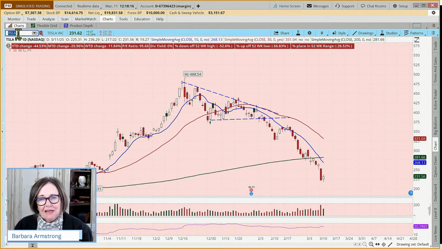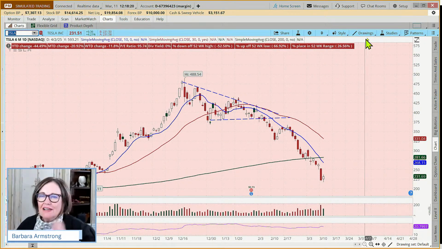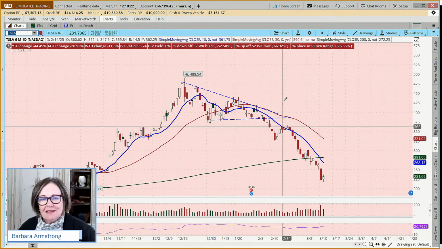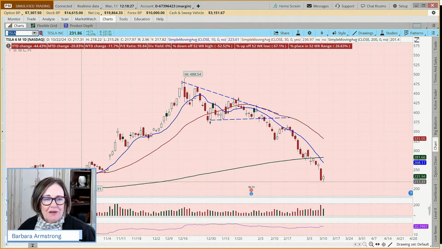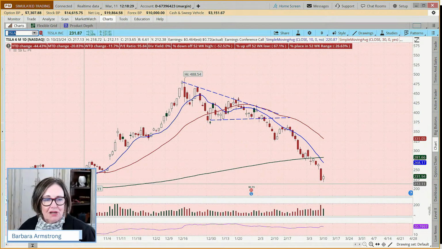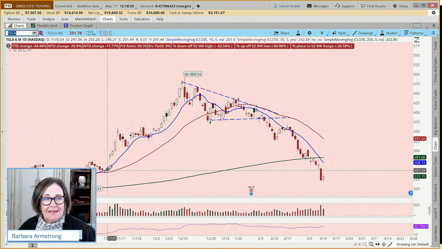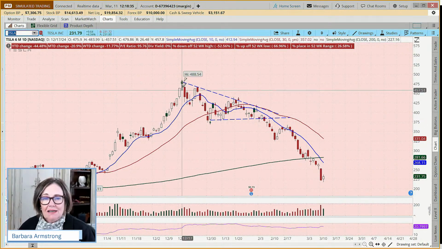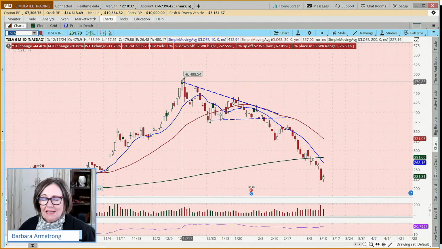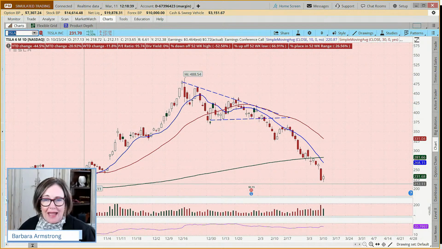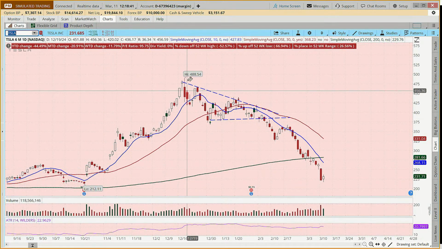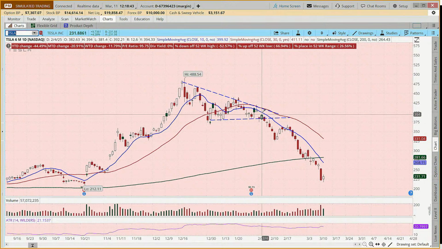And one of the things I'd encourage you to do as you're watching is just get your drawing tools out and draw some of these lines on the chart yourself. Then we had Tesla. Back in October, it gapped up after its earnings, and then after the election, it went on quite a tear and was up dramatically. And then we saw a series of lower highs.